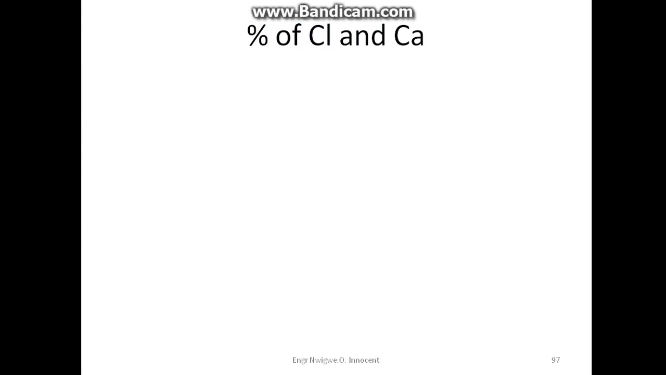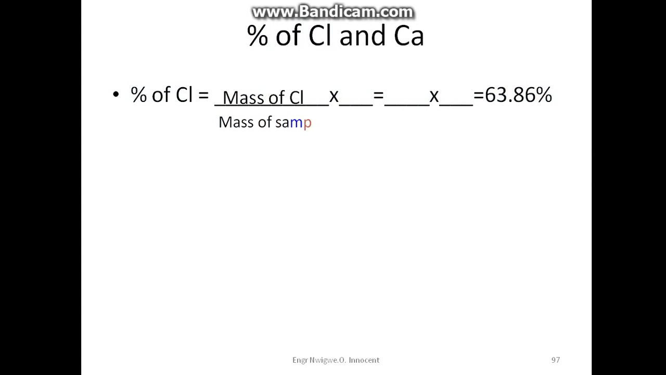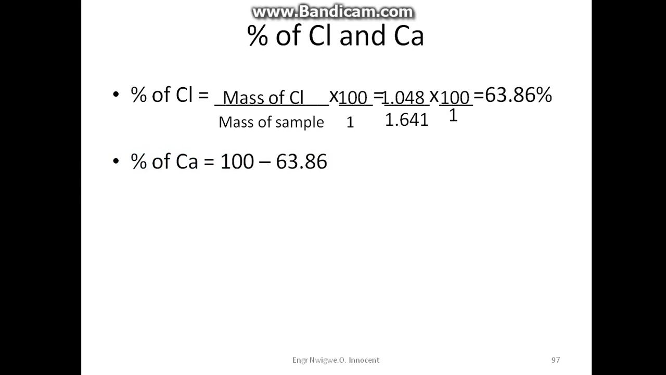Percentage of chlorine and calcium. Percentage of chlorine is equal to mass of chlorine over mass of sample times 100 over 1, which is equal to 1.048 over 1.641 times 100 over 1, which gives us 63.86%. Percentage of calcium will now be equal to 100 minus 63.86, which gives us 36.14. To obtain the simplest formula, atom Cl